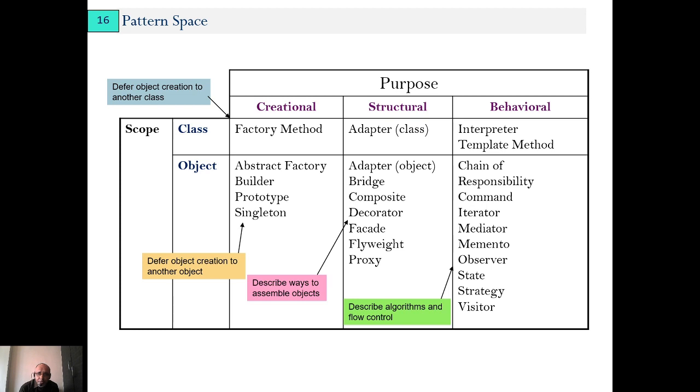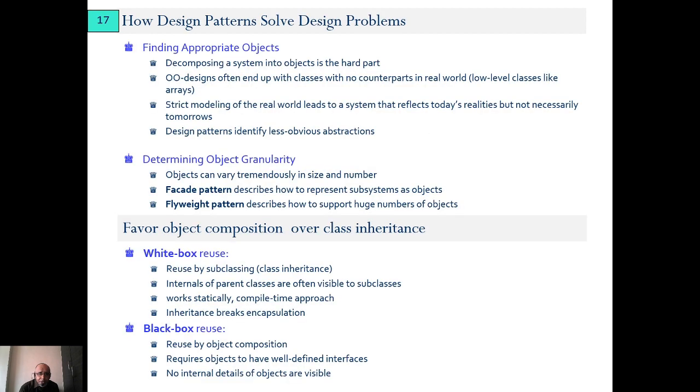FAIT: factory method, adapter, interpreter and template. The rest of the 19 are there for object creation, right? Again, to remember FAIT, you will remember it for class. So now